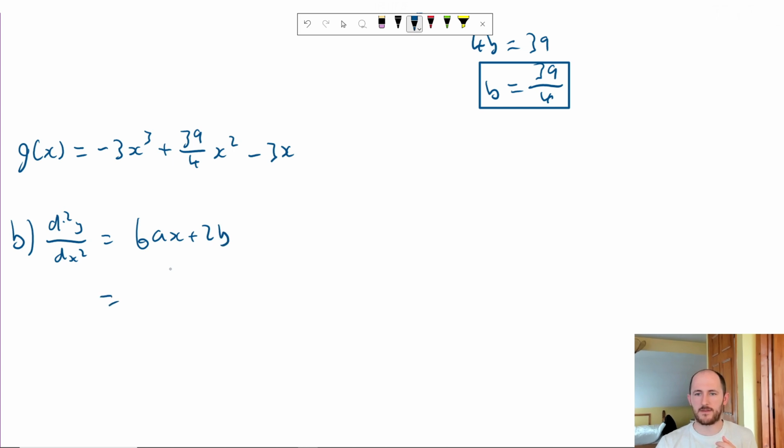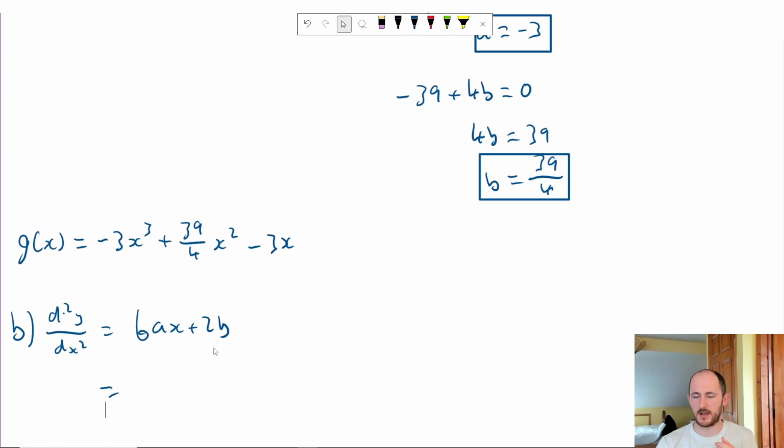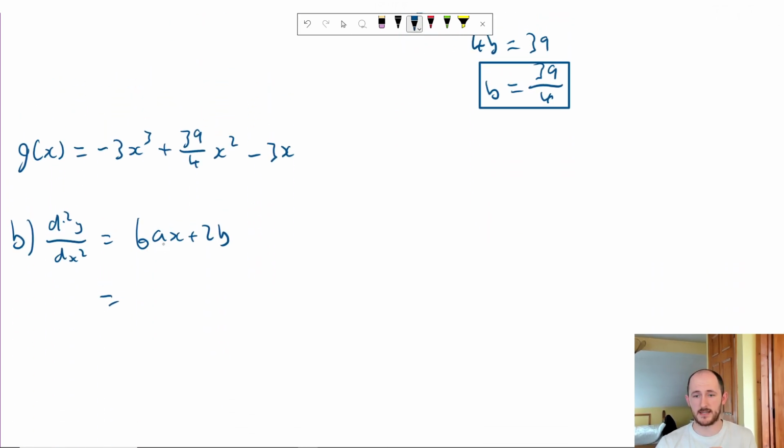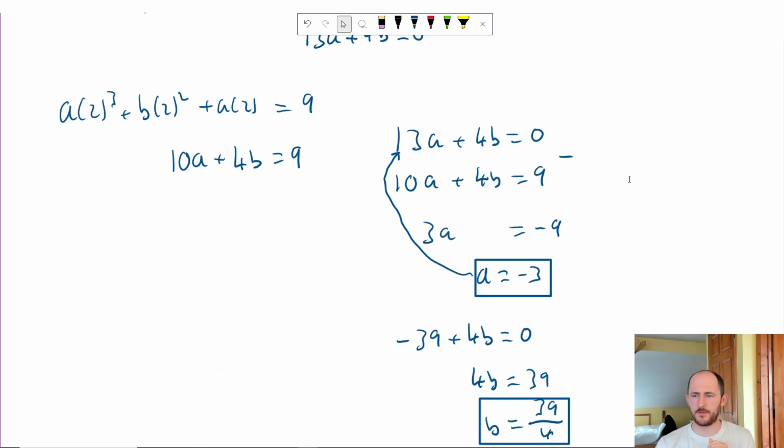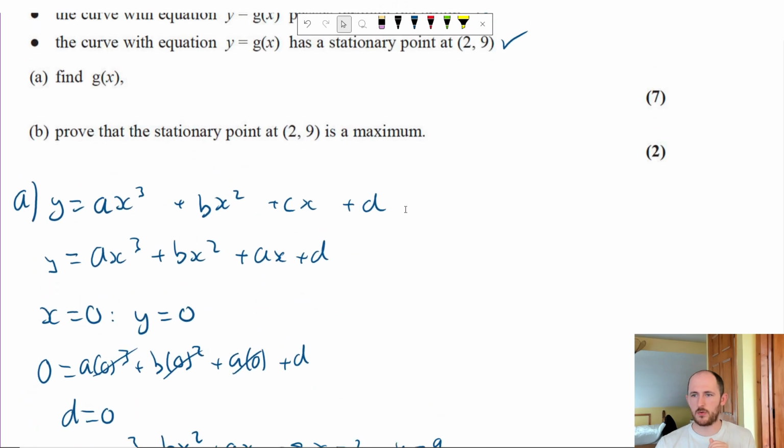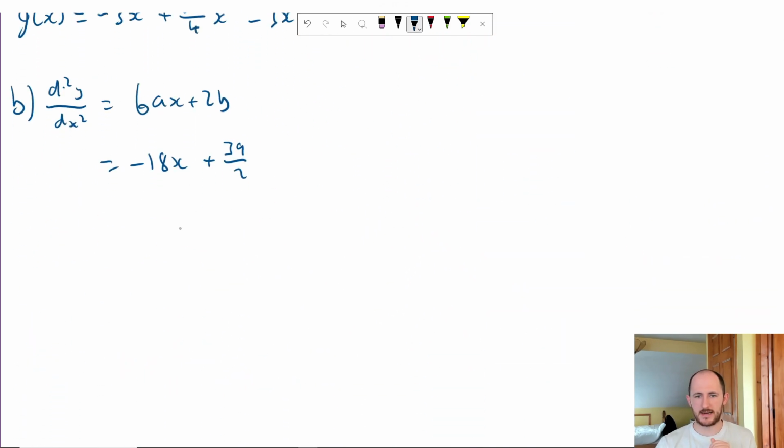Then I'm going to sub in the values we worked out. So a was minus 3. So 6 times minus 3 is minus 18x. 2b, 2 times 39 over 4 will give you 39 over 2, but you're more than welcome to check that out. And then prove it's a maximum. Well, the x coordinate was 2. So when x equals 2,